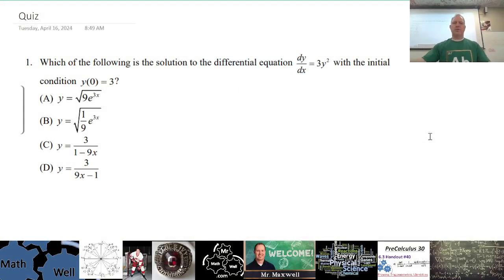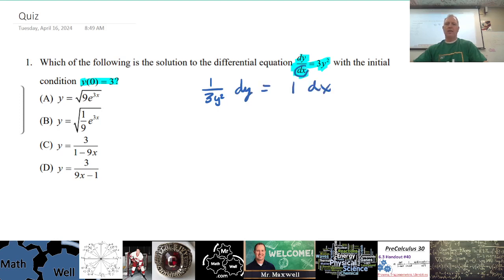Okay, so differential equations. Which of the following is the solution to the differential equation dy/dx = 3y squared with the initial condition y(0) = 3? So, if we separate these variables, what we'll see is that we have 1 over 3y squared dy and 1